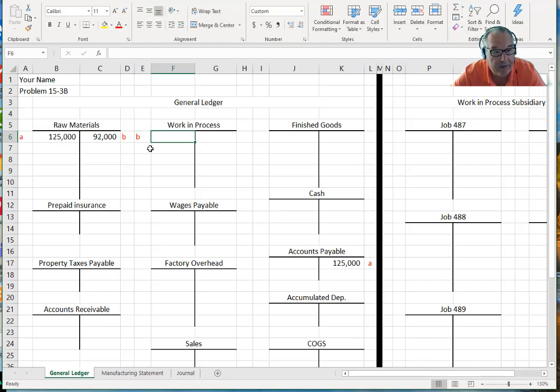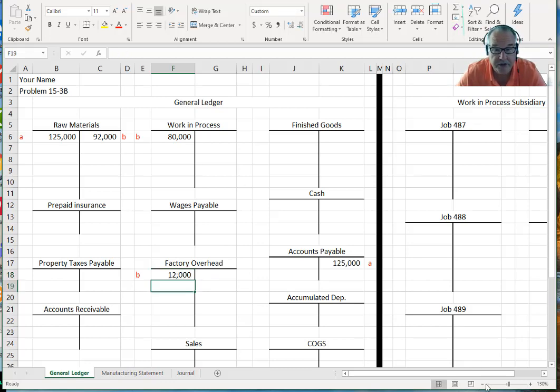And we have to break up the materials that went directly into jobs and the materials that are going to be just used in the factory, supplies or indirect materials. A lot of times solder or paint or stain or things that are hard to track to individual production items, we put into factory overhead as an indirect material. In this case, we've got 12,000 that's going into factory overhead and 80,000